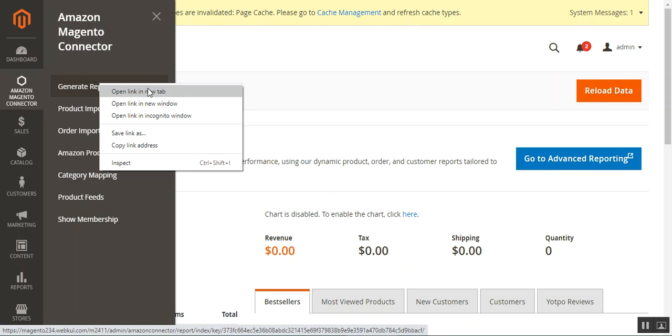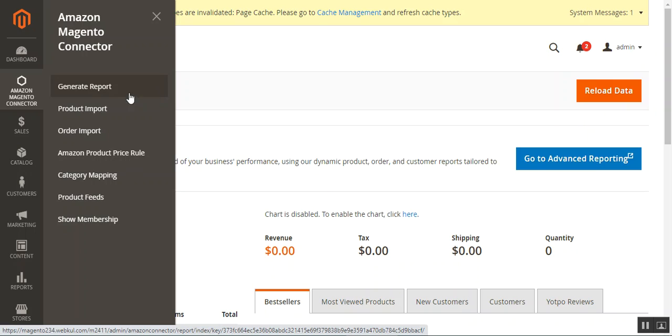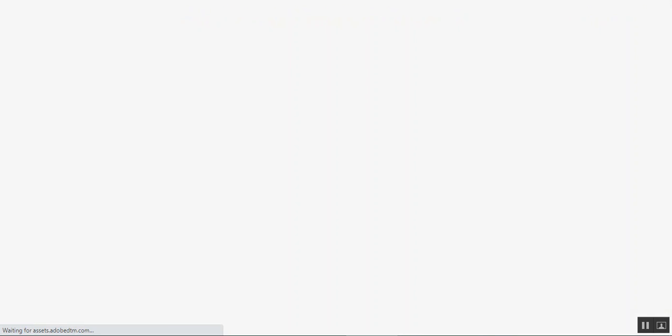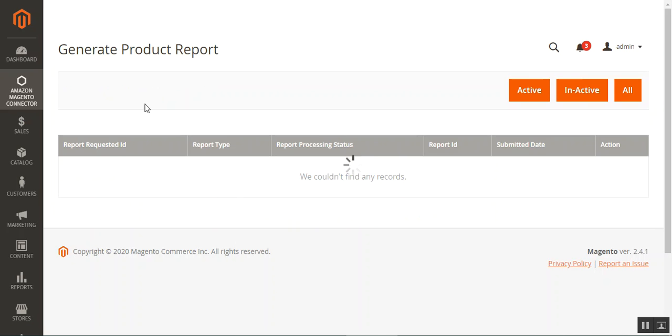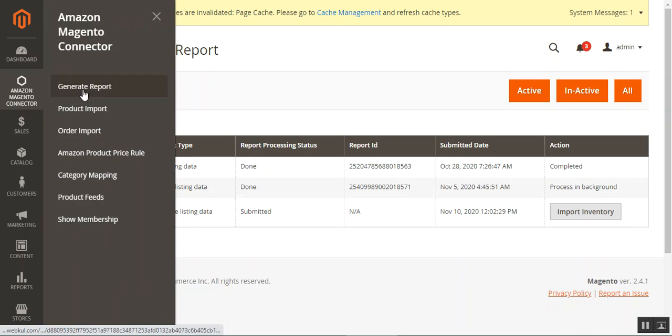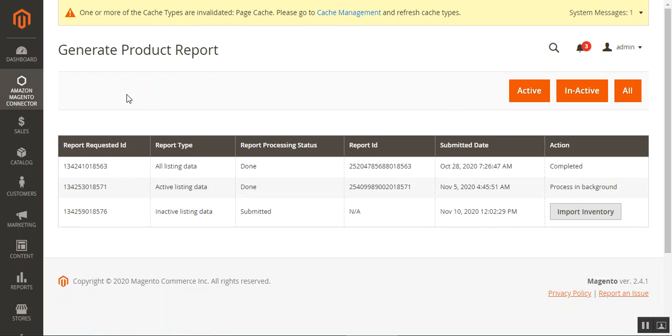So the very first option that we have is to generate the report. Let me open that up in another window, and let's go back. So on the generate product report, the first option here, we have the option wherein we'll be able to generate the product reports, and we can choose from active, inactive, or all. So here you can see that we have the inactive listing data here as the report type. And from here, under the actions column, we can tap here on the import